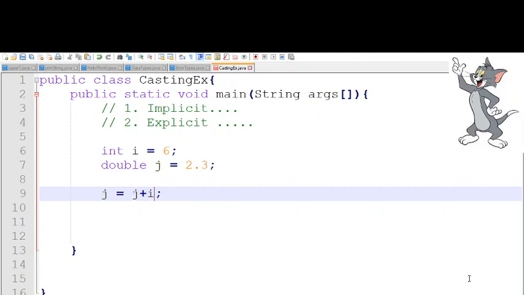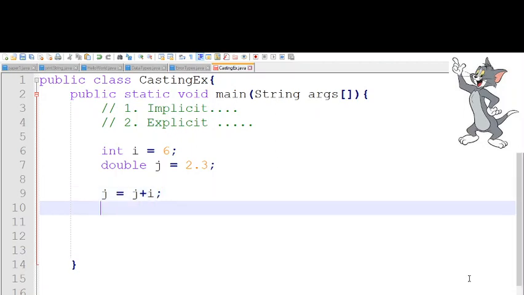So the result must be 8.3. System dot out dot println, to visualize the result, the sum of two numbers is, and that is j.